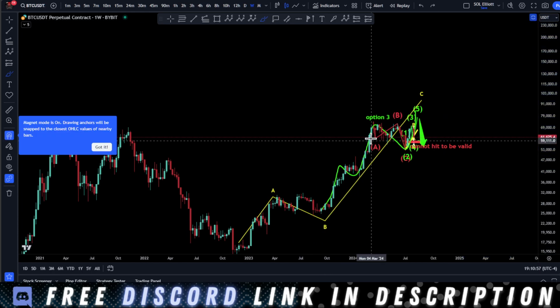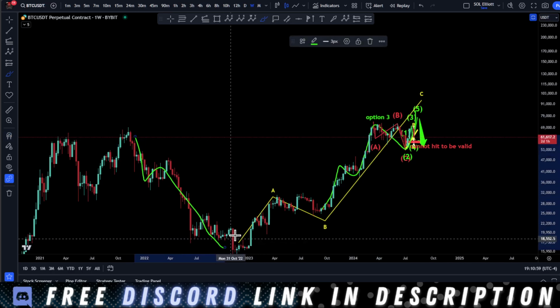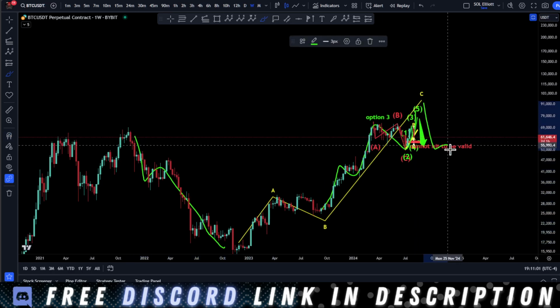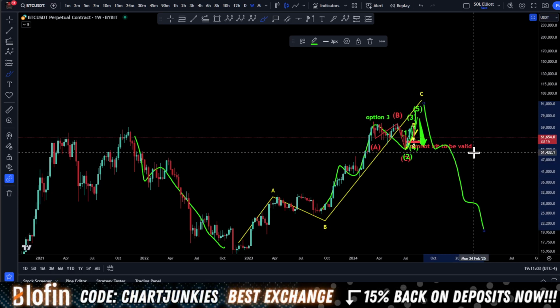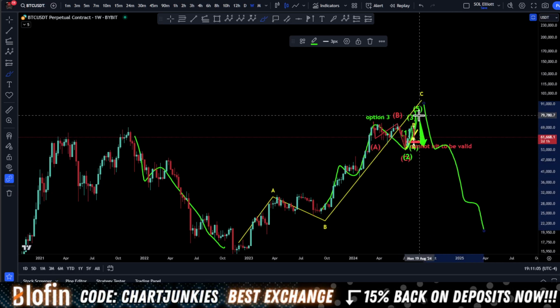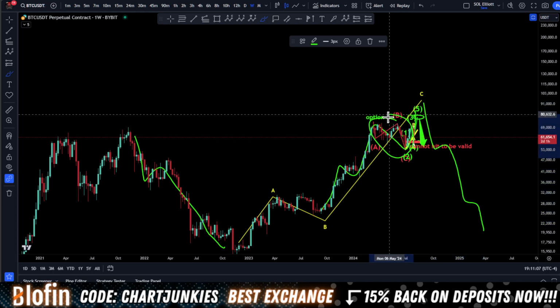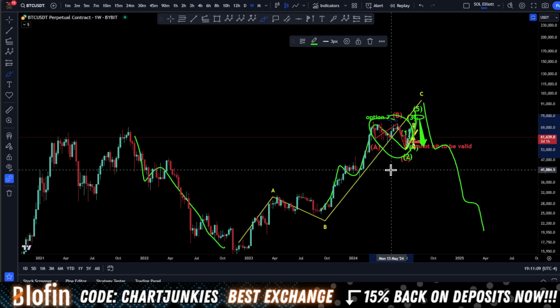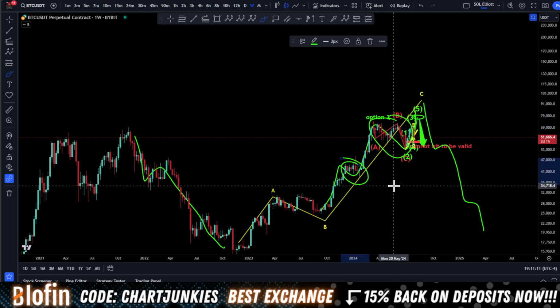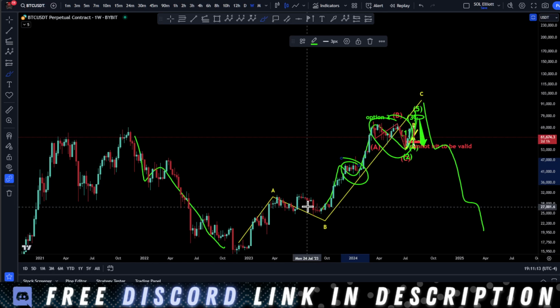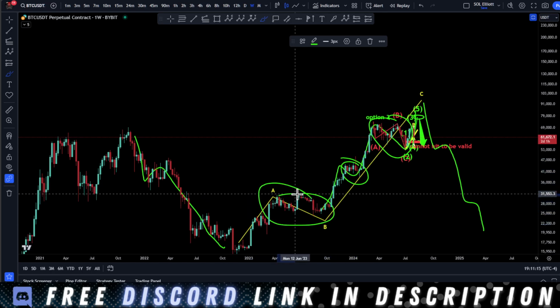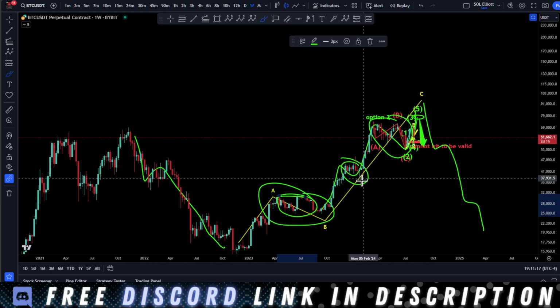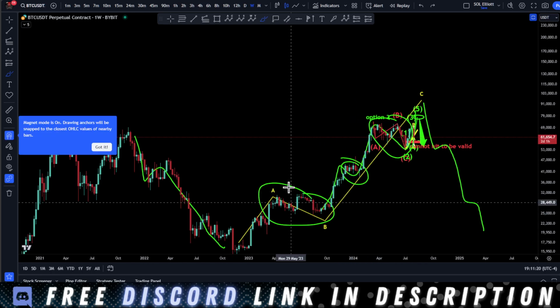But as of right now, the count I am looking for is a correction down, correction up, long term, and then impulse down. And for this to be the count, I would need a swift sweep of the highs right here. I need this correction to be finished because that looks more in accordance to a wave 4 here. It's too short in time for me. It's less in time than this correction. So I don't like for it to be a wave 4 of a wave 2 here.